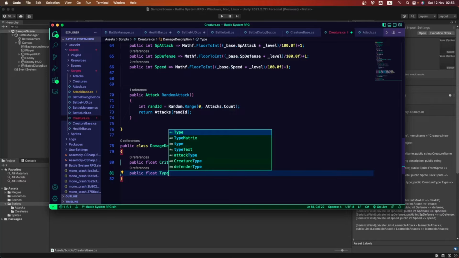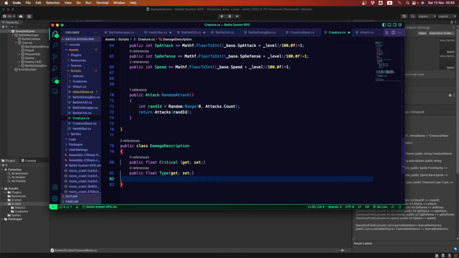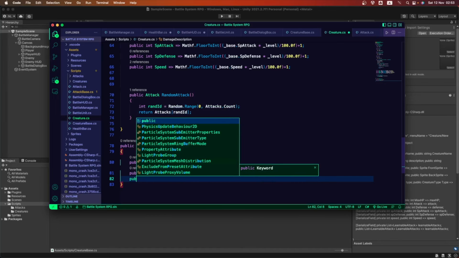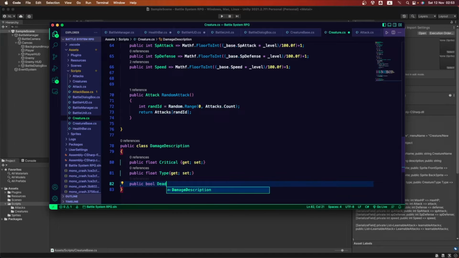It's also going to use whatever values we pass in the place where we use these. And the last one is going to be a boolean, the one that says if the creature is dead or isn't dead. That can be true or false, obviously, and that also is going to be set in another place.